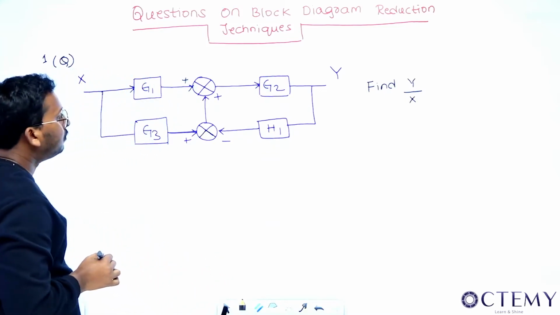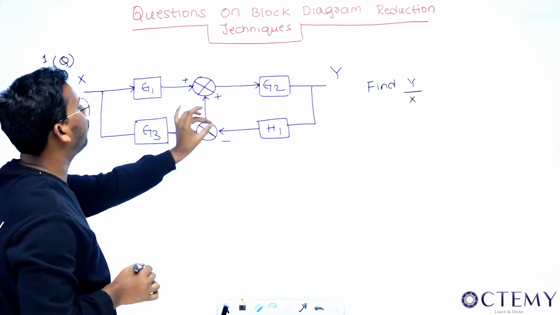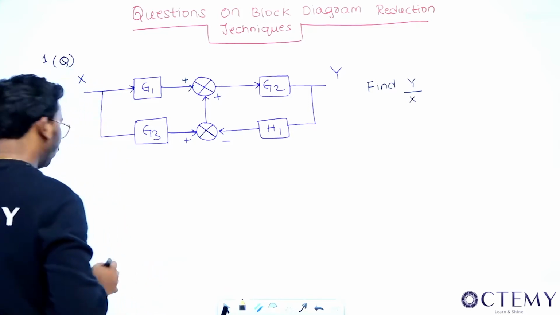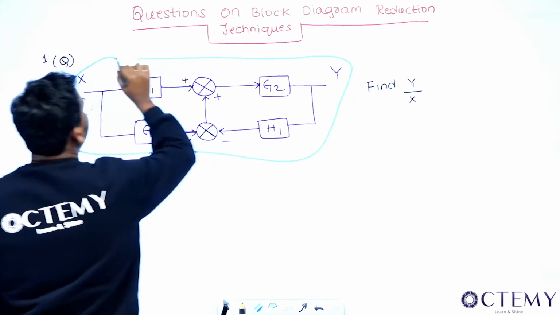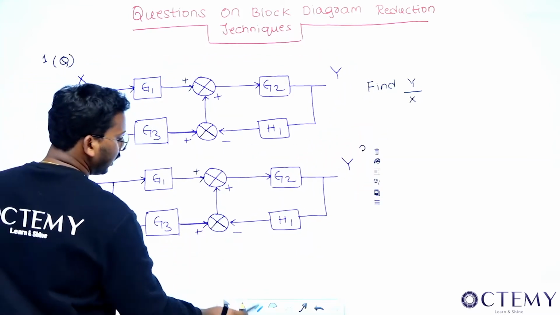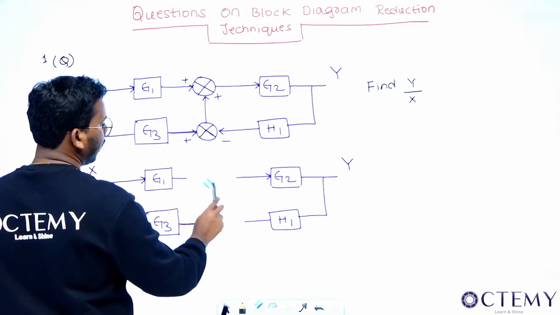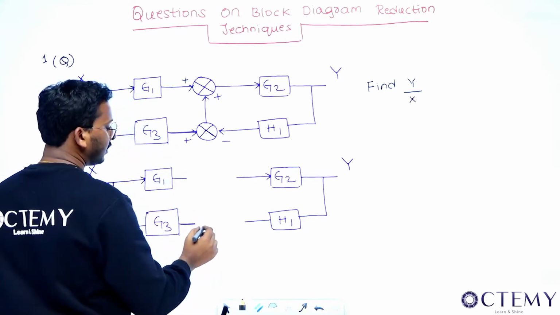Now, this would have been nice if this was different, right? But I can do that. See, how can I do that? I know the rules, I can do this. I can actually rub this and redraw it like this. If I want, I can do it like this.